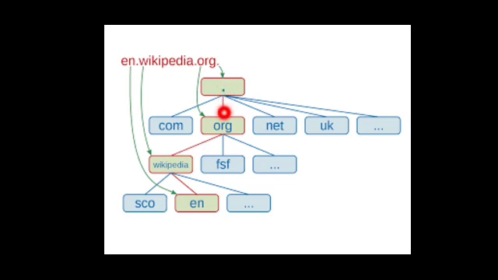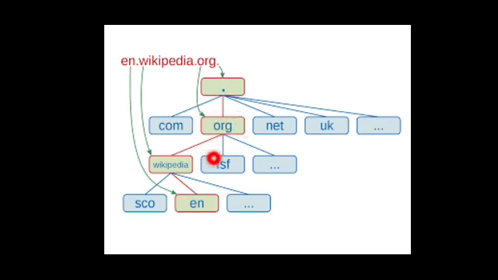So from the root server it will check what the next string is, that is org. It checks the type of top level domain, whether it is generic or a country domain. Here you have a generic one, so .org is the generic domain of that website. Then it will go to .org.